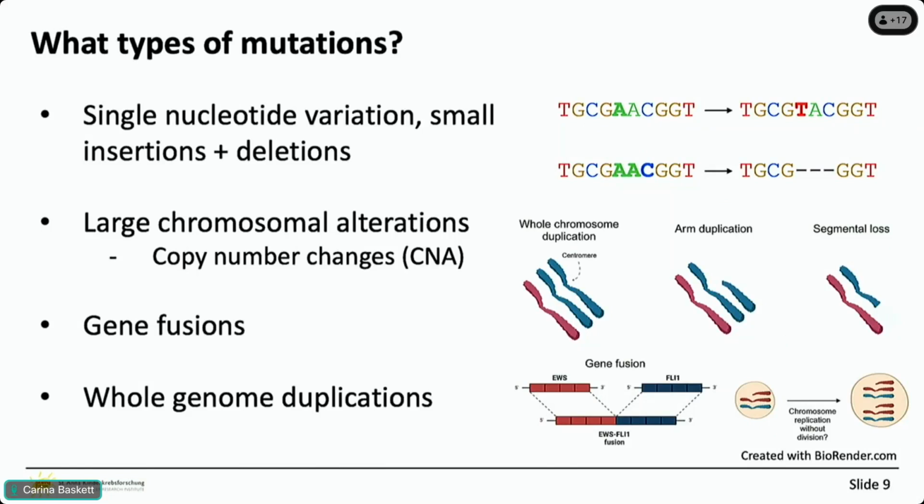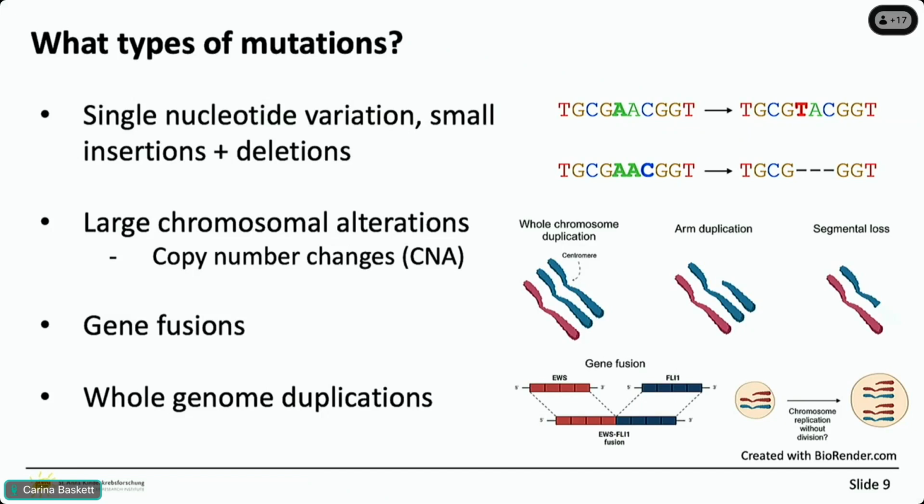We very typically get large chromosomal alterations. So chromosomal instability is something that a lot of cancers develop, and this means that they're able to actually duplicate or delete whole chromosomes or arms or even just small parts of chromosomes. And this is also oncogenic and is a strong driving force in a lot of cancers too. So they generate whole new karyotypes quite often. Gene fusions are also important, where genes can come together and they have entirely new functions.